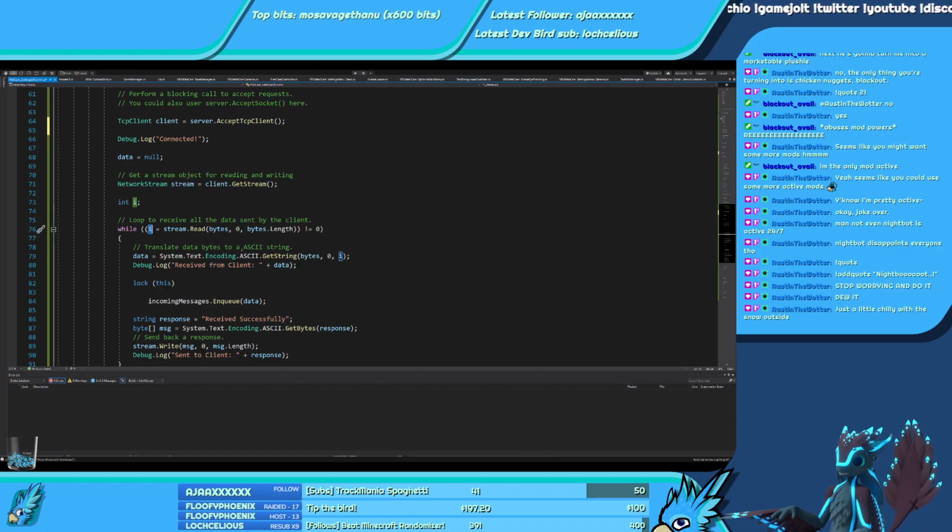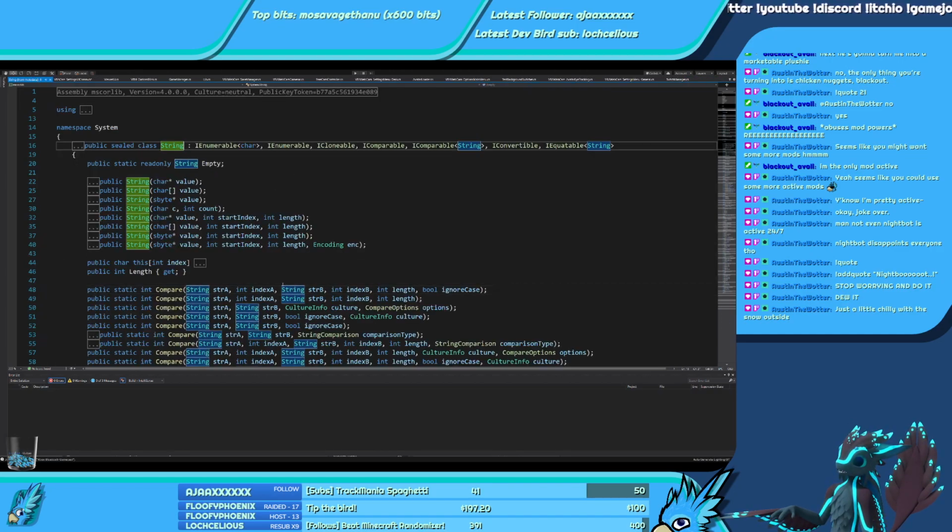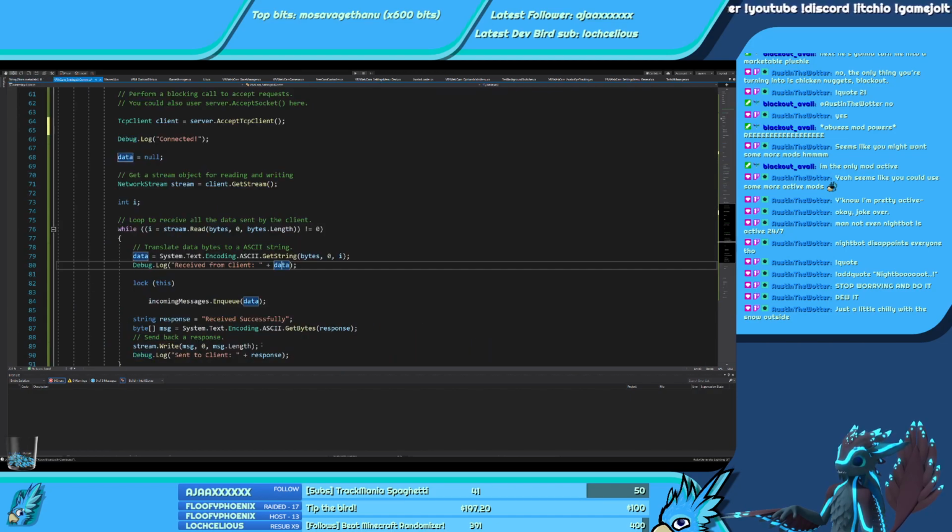I'm pretty sure. So it reads that, sends it there. Read that byte, so encoding ASCII, and you get that string attached to this. And receive data from client, you just get the data. And this is where I would end my code technically, because I just want to receive, I don't want to send.